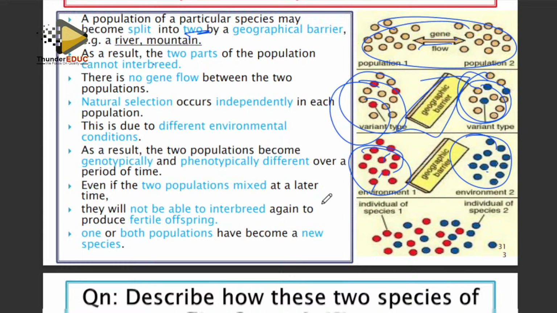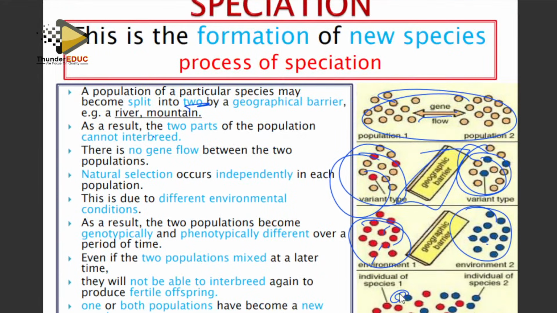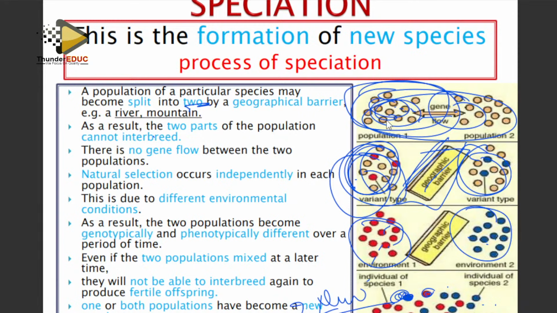Guess what? In this case, this color and this color do not resemble any color of this. It means that the two of them have become new species. But if one color resembles the original one, it means that only one has become a new species. And what makes the one keep the same without changing? When it's separated, the environmental condition on this side resembles the environmental condition before they split. Therefore, they did not change. But the ones on the other side changed because the environmental condition was different.